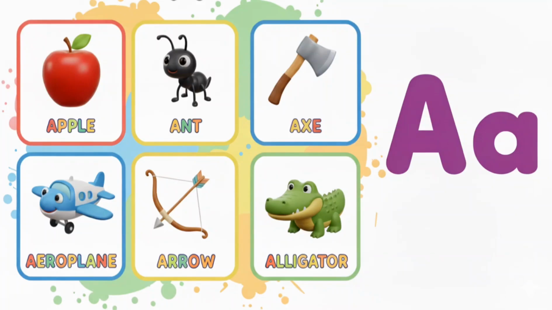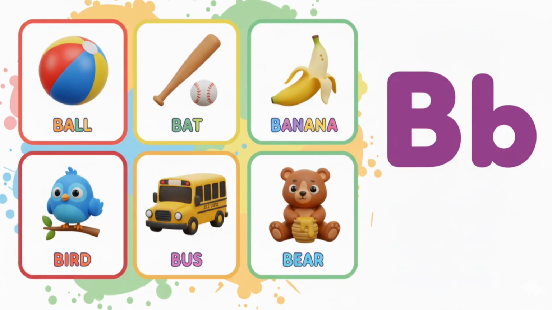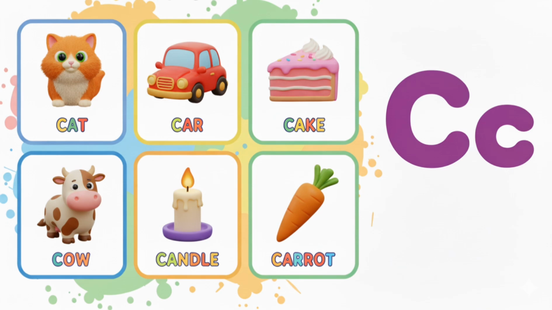A for apple, A for ant, A for axe, A for aeroplane, A for arrow, A for alligator, B for ball, B for bat, B for banana, B for bird, B for bus, B for bear, C for cat, C